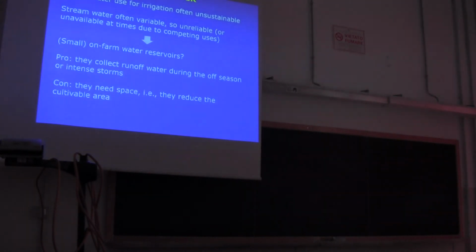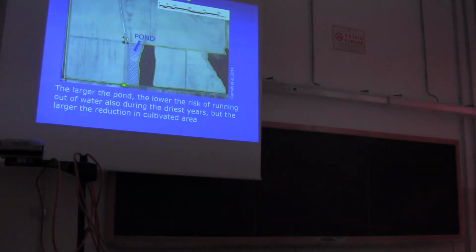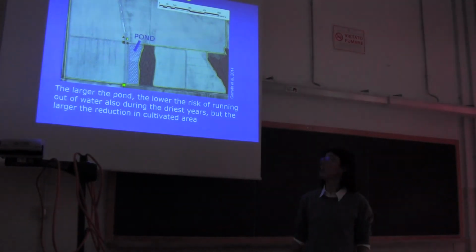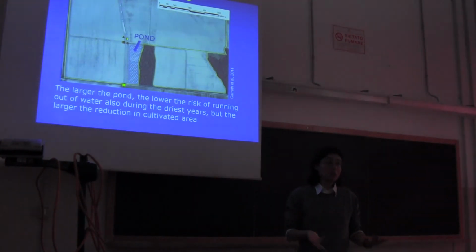Now, I'm basically progressing in space. Up to now, I was thinking about a single field, almost a single plant. Now I'm looking at a slightly larger scale, a farm. Think about a visual example: imagine that you are in a relatively flat area. Of course, you could get your water for irrigation from a river nearby, but maybe it's not available, maybe it's not available all the time. You could drill a well and go to the groundwater. Or you